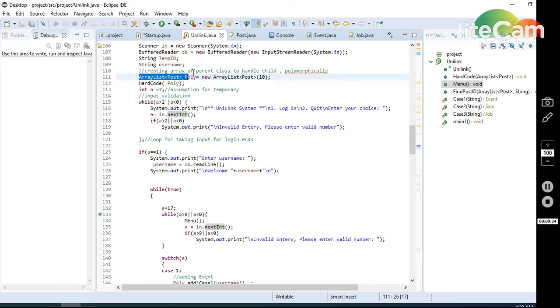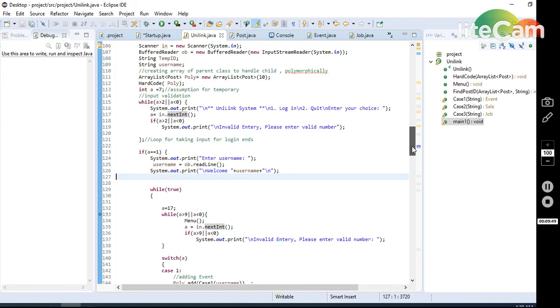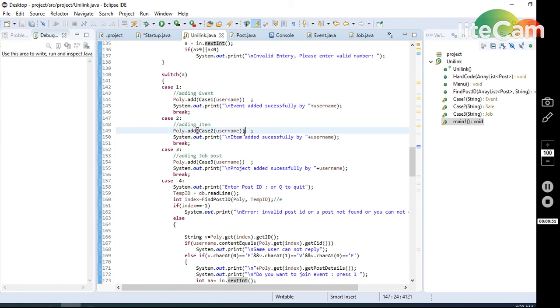Actually in the main function this is a poly class, a poly list. This list will contain different types of objects. As you know, if we are creating an object of circle type, then it will be referring to circle only. But in polymorphism, the parent class is referring to many other types of objects, and I have also shown you the benefit as well. So in case 1, case 2, case 3, we are just creating objects, and after creating this